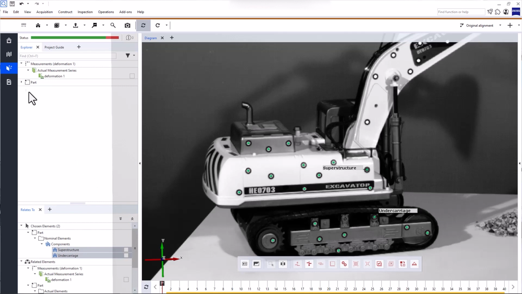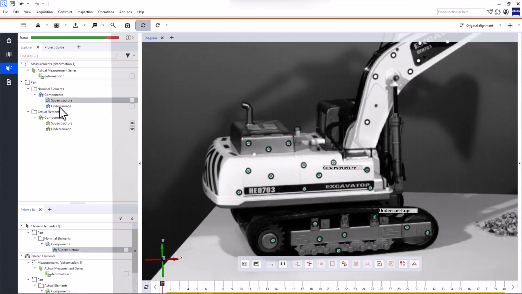When you look at the Explorer under the part, you'll see 2 new categories: nominal elements and actual elements. They each contain 2 point components: superstructure and undercarriage. When you create a point component, the software automatically creates a nominal and an actual point component.